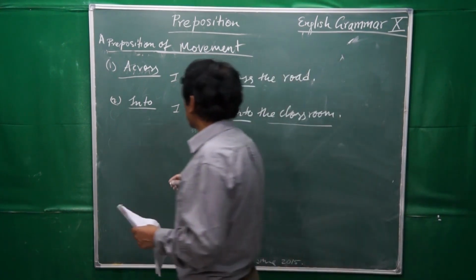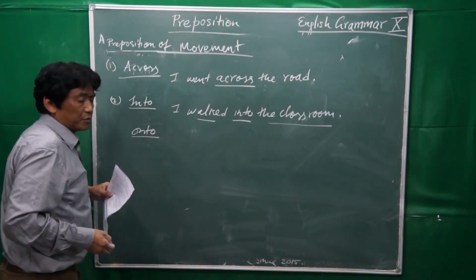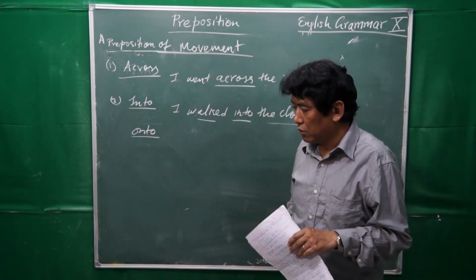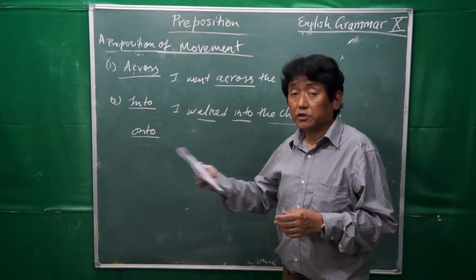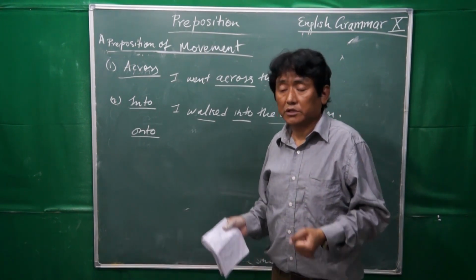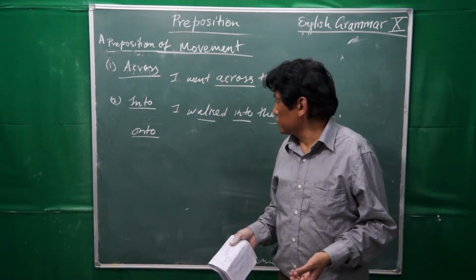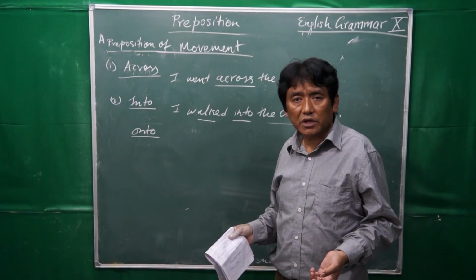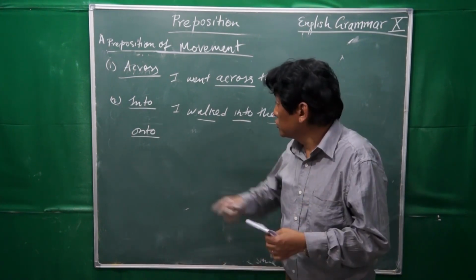And in the same way, we can use onto also. Supposing a cat is jumping, we say it's jumping on the table. The cat was already on the table, it was jumping on the table. The cat wouldn't do that, right? In fact, if you use on only, then the cat was already on the table, it was jumping on the table. But if you use onto,